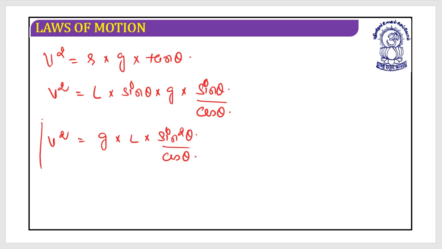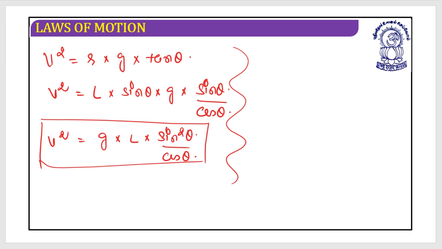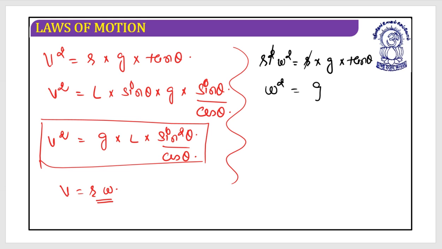Now, if I want to replace it with omega, I can replace this with the help of v equals small r into omega. For this I need to take the relation that r square omega square is equal to r into g into tan theta, and this r and this r, one of the powers would be gone, and this omega square could be written as g tan theta divided by r, while r is